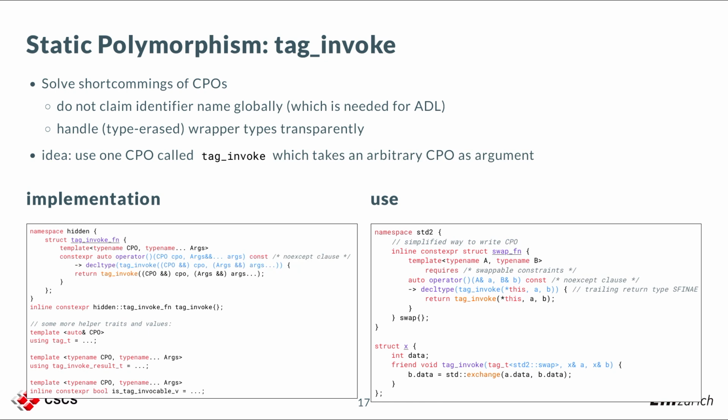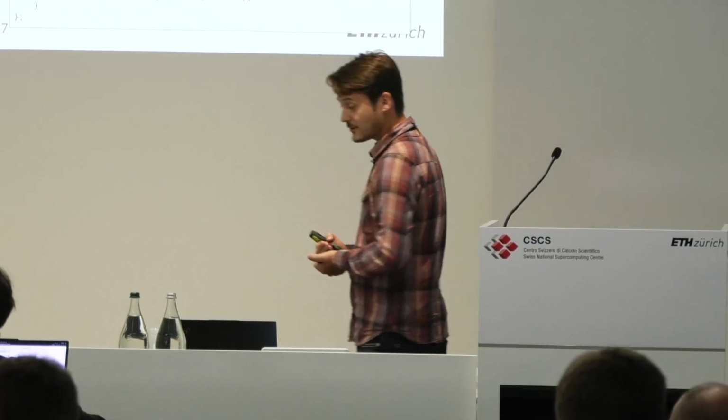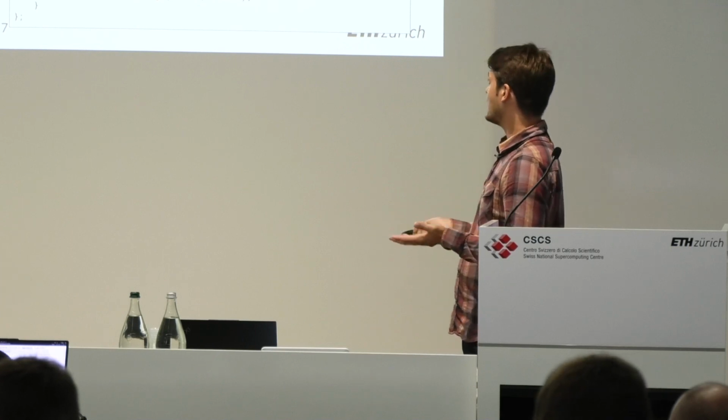Instead of writing swap here, you write tag invoke, and the first argument is a tag type from whatever your thing is that you want to customize. And by doing that, you gain a little bit by making it more explicit what you're actually doing. If you see tag invoke, okay, there's something that you have customized, so it's explicit, and it's also